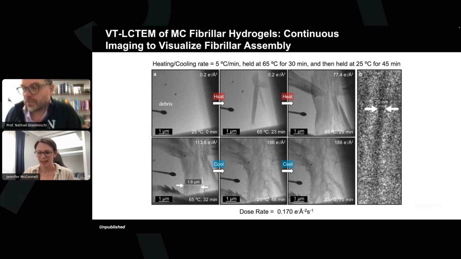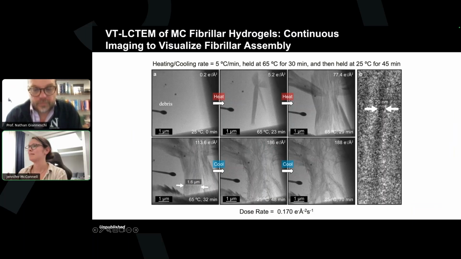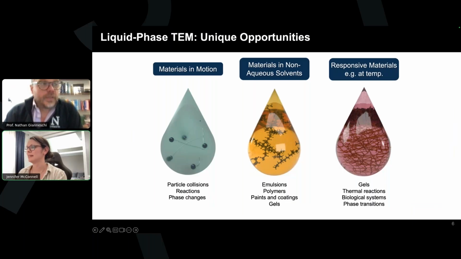Gotcha. Okay. And then we've got one more general question, because again, like I said, we get a lot of questions about soft materials and analyzing soft materials, and people are interested in liquid cell for it, but are just not quite sure. And you talked about this a little bit at the beginning, and so maybe we can reiterate, but with chemistry and synthesis being such a broad category, do you mind going over once more the types of samples and processes that you think present the best opportunity for liquid phase TEM to answer key questions that other techniques can't? Yeah, I sort of had a couple of slides on this,